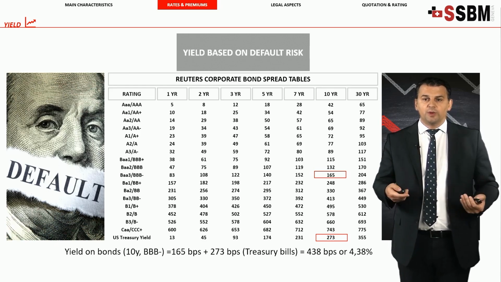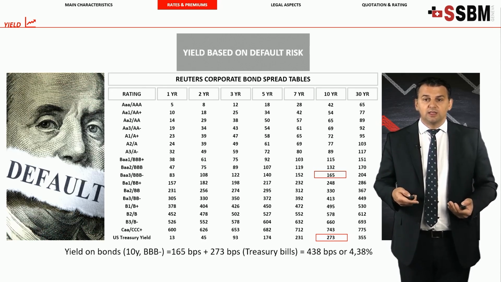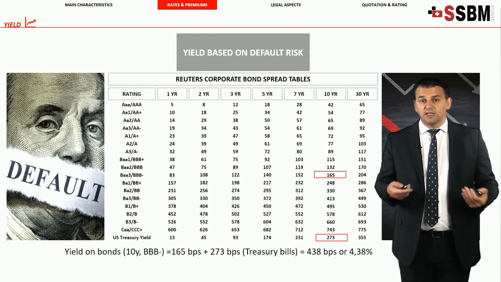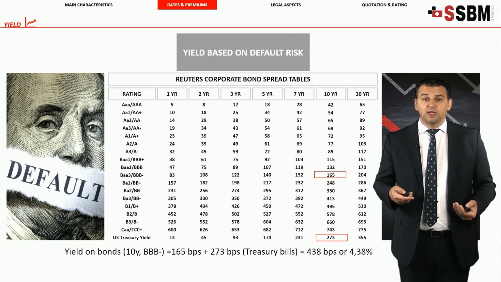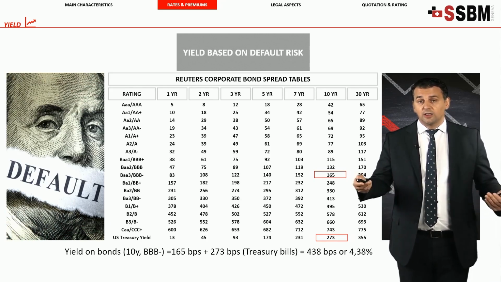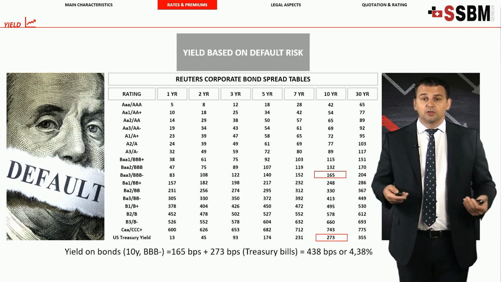Every year you have to pay 4.38% if you keep the same rating. And this is the annual cost of the financing. Of course, the idea is to improve the rating and to pay a lower cost, because you can see that the spread is then lower. And you can also conclude that with a longer maturity, of course, the spread is also higher.